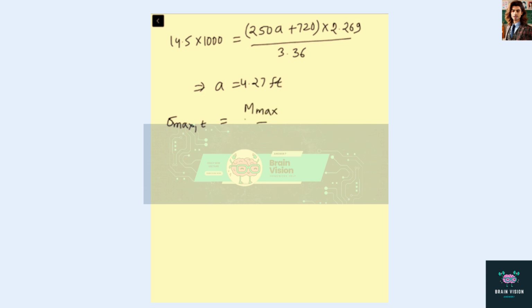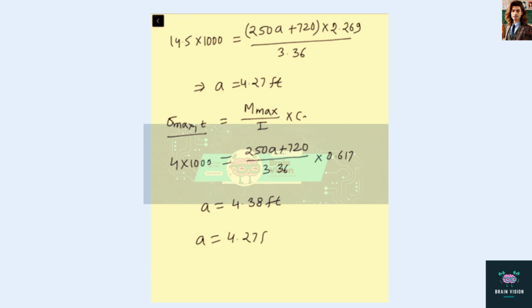Okay, so now the maximum tensile stress equation, sigma max tensile, will be equal to Mmax divided by I multiplied by C2. So substituting the values, sigma max T is 4 ksi, so 4 multiplied by 1000 psi equals Mmax, which is 250a plus 720, divided by 3.36 multiplied by 0.617. Okay, so from here after solving we get a equals 4.38 feet. So for the maximum compressive and tensile limit, the position of the load from point A